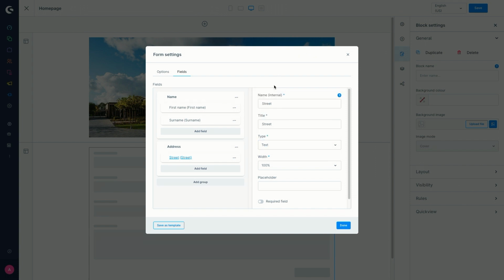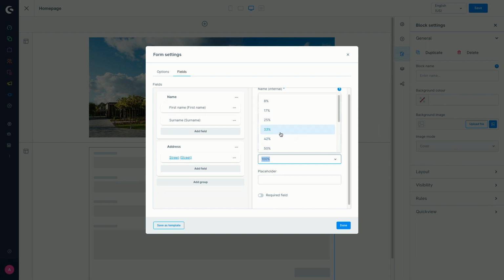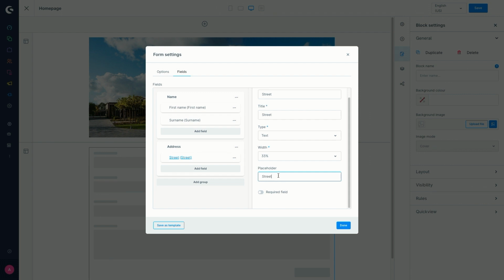I'll stick with text. And because we've got 3 fields for the group address, I will choose the width 33%. In our placeholder, I'll put the street name again and add a new field.